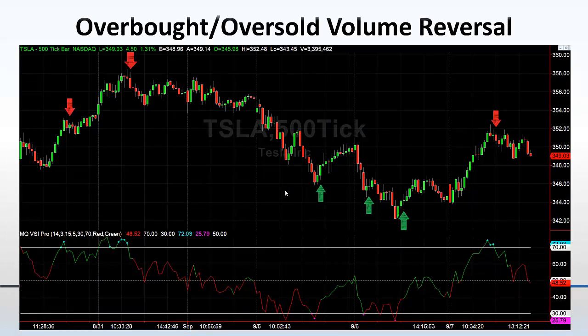So let's take a look at another example. This is in Tesla. This is on a 500 tick chart. Once again, looking intraday. And I have a lot of different time frames and markets in here. So we'll look at some longer time frames as well for those of you that do longer time frame trading instead of day trading. So I want to point this out to you because nothing is 100%, as I mentioned before. Right? The thing you've got to keep in mind with trading, and the thing that sets apart winning traders from losing traders, is risk management and controlling those losses.